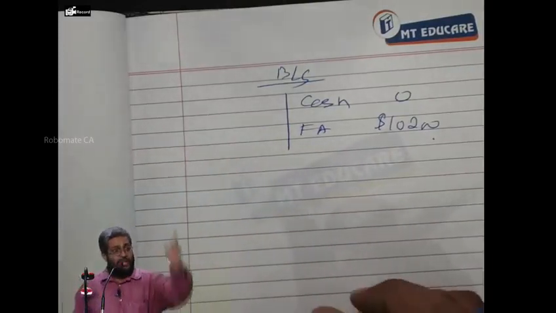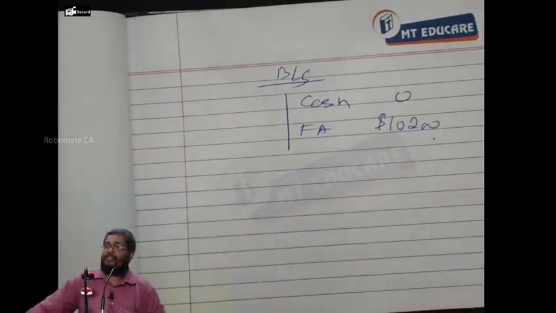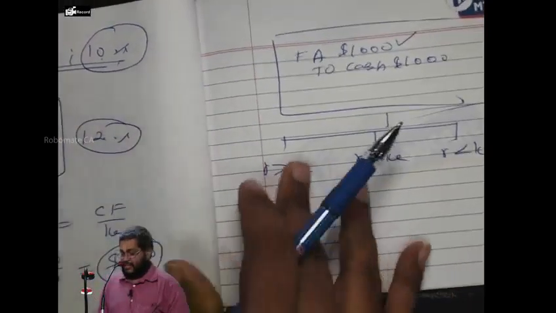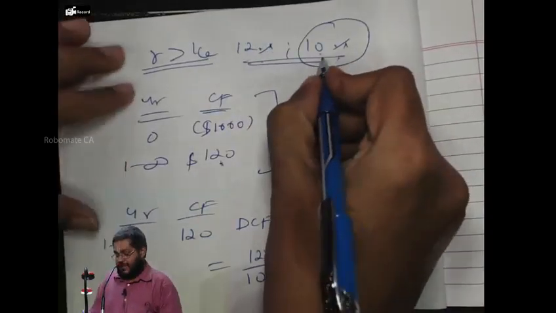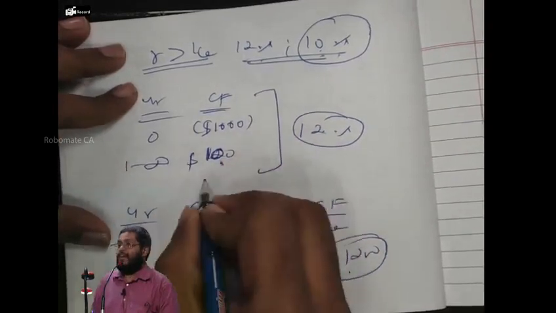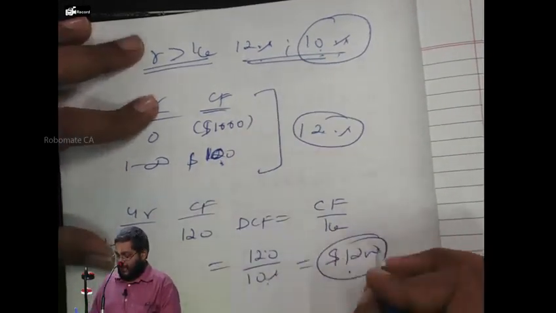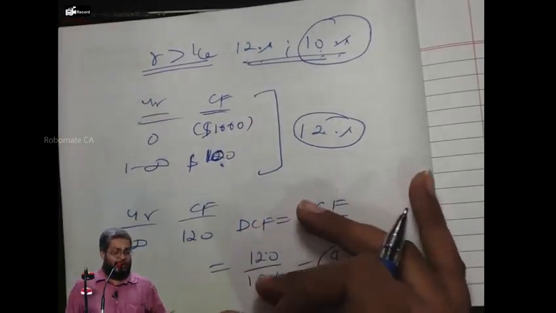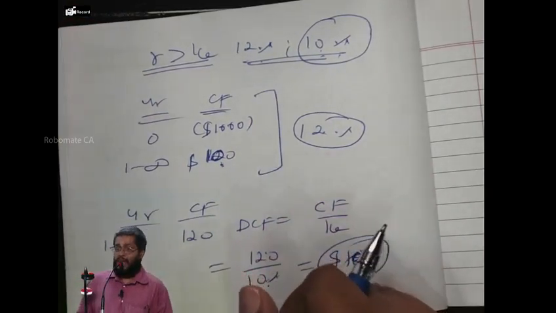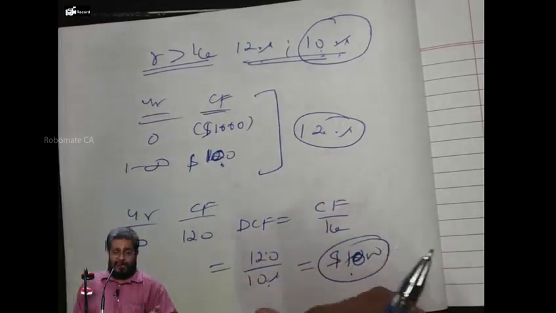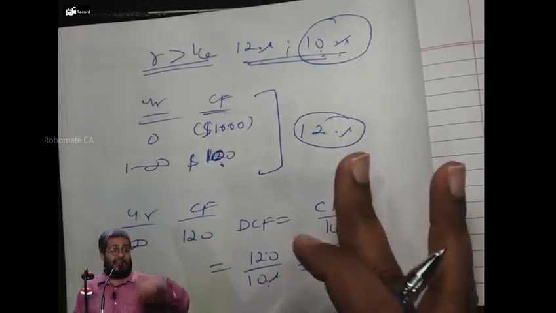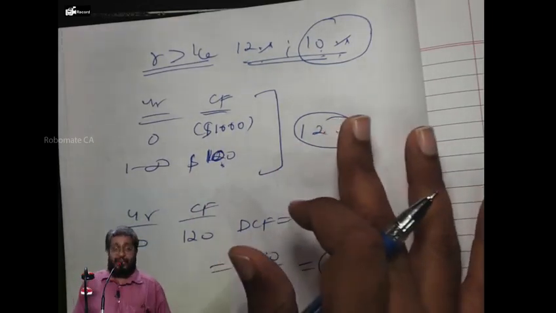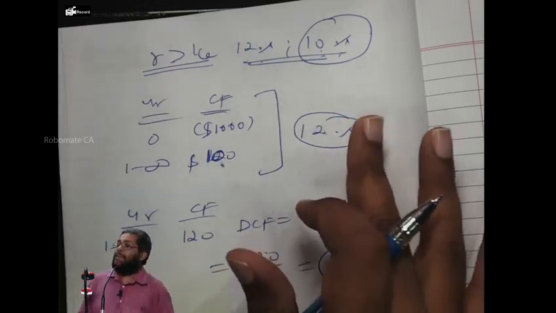So what I want to say is, $1,000 cash is now becoming how many dollars? $1,200 fixed assets. Suppose on this $1,000, the K is 10%. I expect to get only how many dollars? $100. In this case, what is the value of the machinery? $1,000. What is the NPV? 0. Cash worth $1,000 has become a machine worth $1,000. When I invest in a project having NPV 0, I meet the shareholders' expectation exactly, and do not exceed it. Then they'll keep the share price unchanged. So if I meet their expectation, the share price will not change.